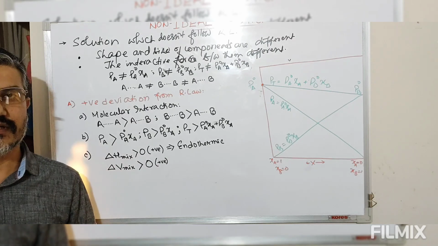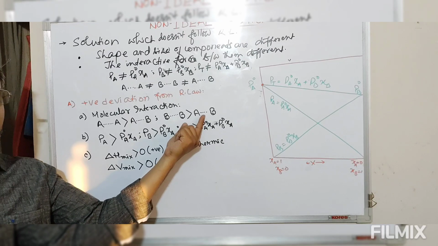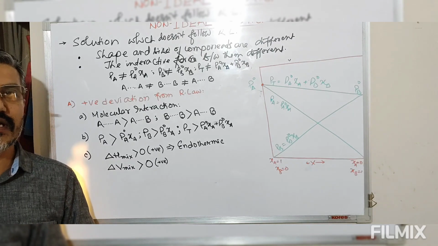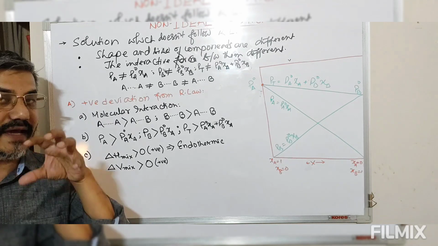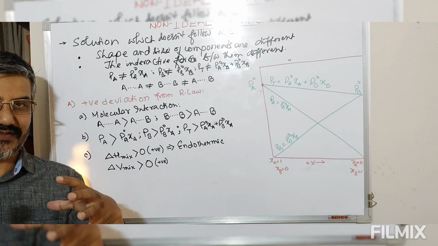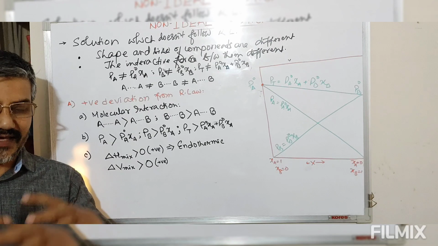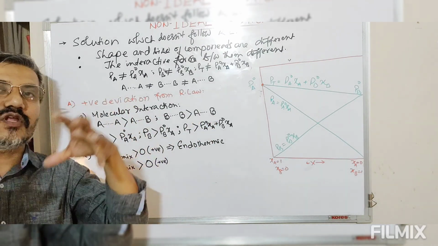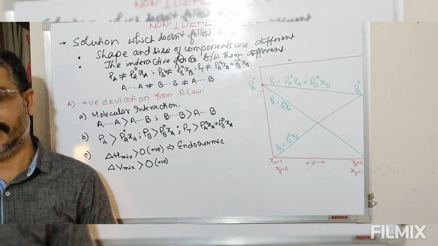Because we are having two liquids. So the reason is, look at this. The interaction between A and B is weak, or there is some repulsive force that exists between A and B. Because of this repulsive force at molecular level, at micro level, volume undergoes expansion. Because of this repulsive force, these A and B molecules will try to occupy larger volume. As A and B will try to occupy larger volume due to this repulsive force, the total volume of solution increases. Now I am saying this is at micro level.